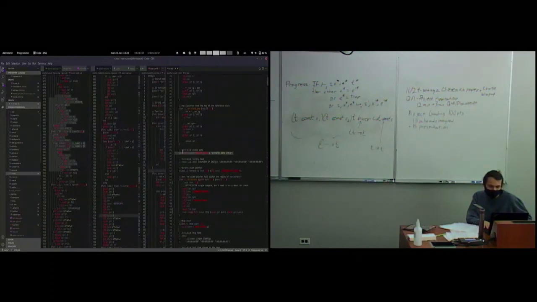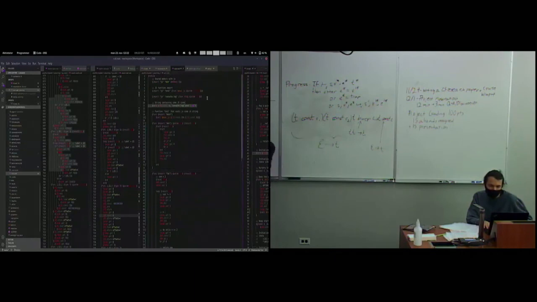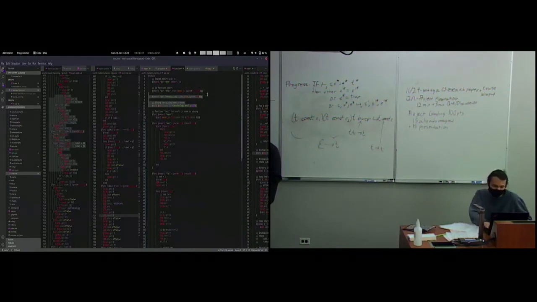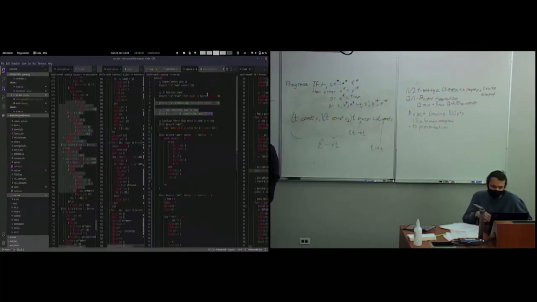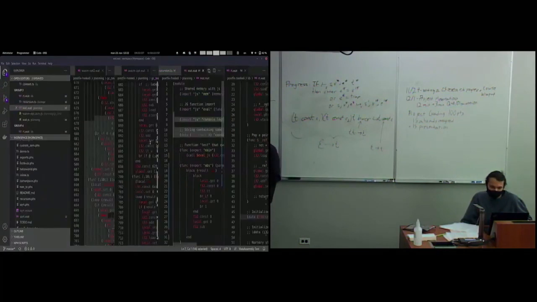I actually have a demo here where I used JavaScript eval within WebAssembly. I have to zoom in, don't I? Sorry for the mess, but